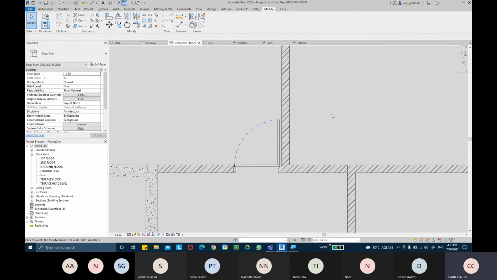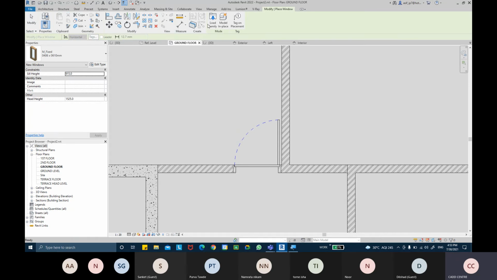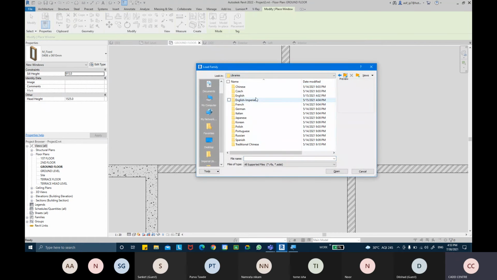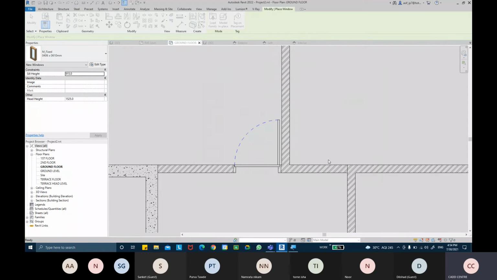On Monday we'll do the parametric window, sliding window. They have provided a sliding window, but it's not parametric. So if you see load in window, okay, and take load families and go to the English part, US window. You'll find a sliding window casement fix. You have sliding for window, which is written. If I insert that window,